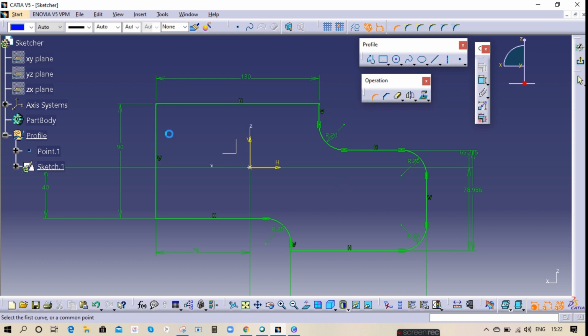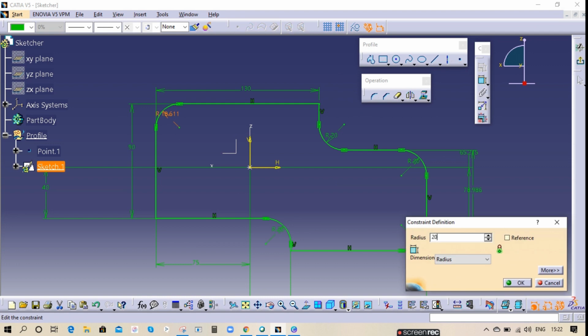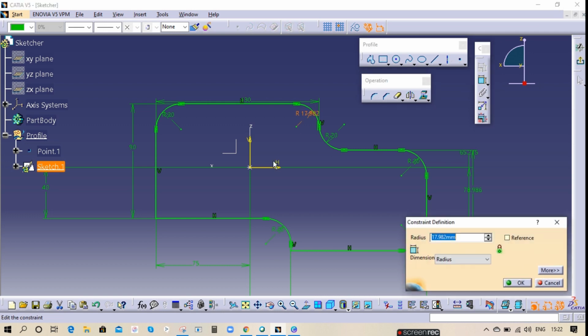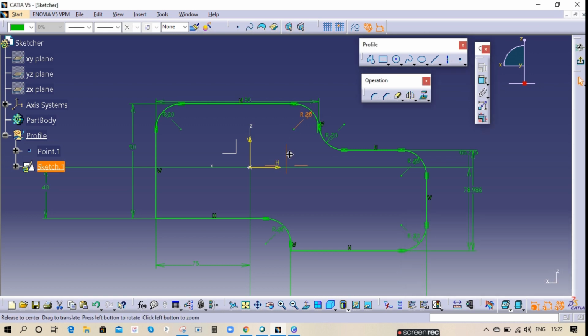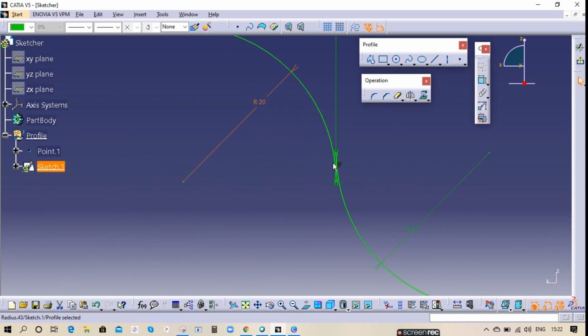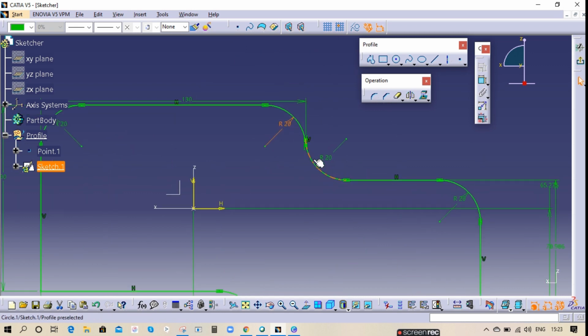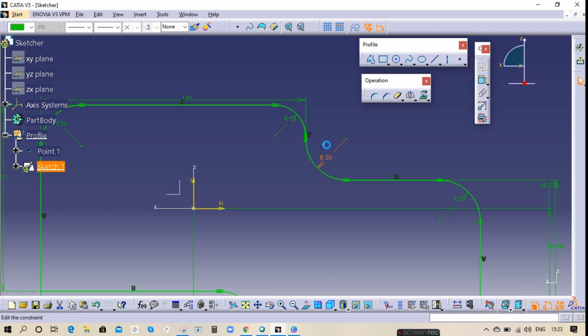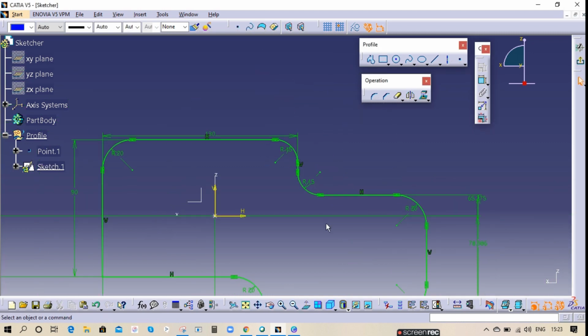So let's say the last one here. Okay, let's say this is my profile, and you can give here also. We'll try this. If you give here 20, you have to check here. See, this is going, so 20 will not work here. If you give 15, and this is also 15, see, now it's fine.